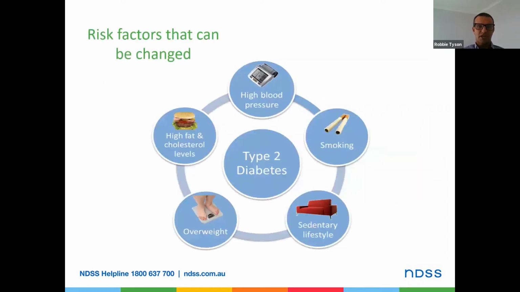Now, risk factors that can be changed, so heading towards lifestyle factors here. So if we start at the top, high blood pressure, we know that the maintenance of appropriate blood pressure is just as important as blood glucose levels, and it is a risk factor for type 2 diabetes, along with smoking. So smoking really damages all parts of the body. However, in terms of type 2 diabetes, it really interferes with how well insulin works. So a person smoking would have an increased insulin resistance, meaning the insulin that's floating around the body wouldn't work quite as well as somebody who doesn't smoke.